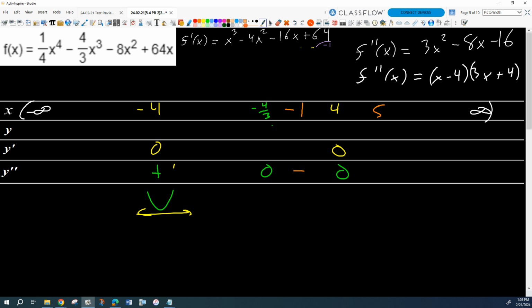At 5, we're gonna get positive times positive, which is positive. Now we know what it is. It's an inflection point. It's not a minimum or a maximum, it's an inflection point because it's a point of transition of the second derivative. But look, we killed 2 birds with 1 stone. Not only do we know,